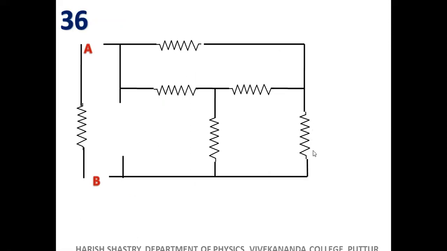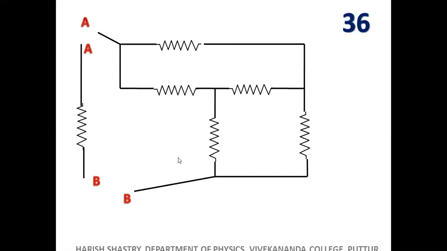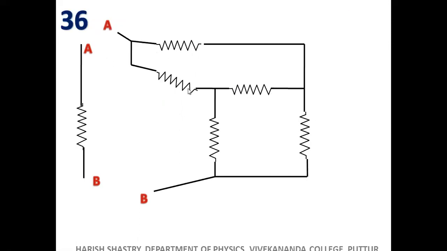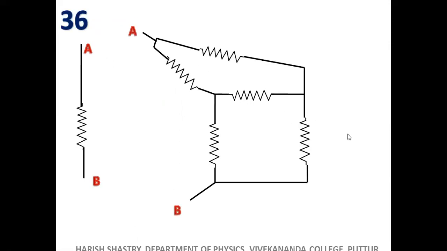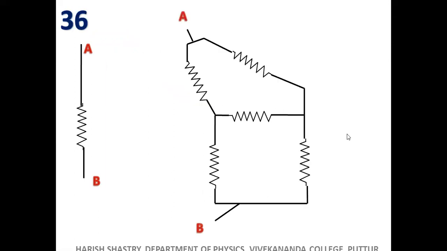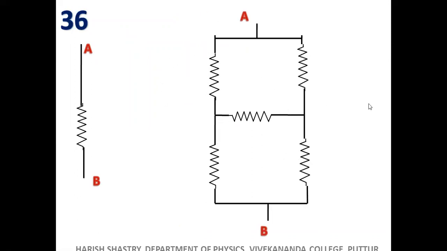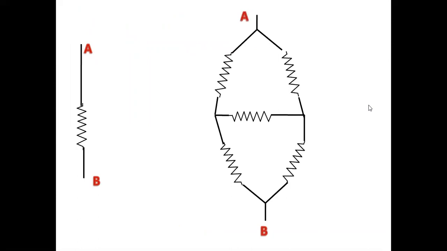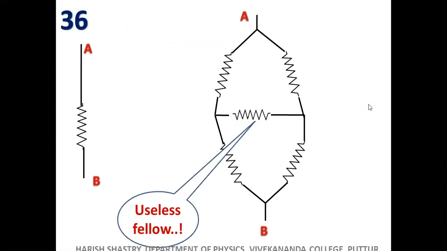This one is the upper path. This is the lower path. This is the galvanometer path. So just to change it, push it a little bit. A and B are pushed up. No connections were lost. Pushed up like this. Now you can see a little bit of the Wheatstone's network here, right? Top 2 resistors, bottom 2 resistors, galvanometer path. Yes. So if you want it exactly to look like a galvanometer Wheatstone's network, it is like this.